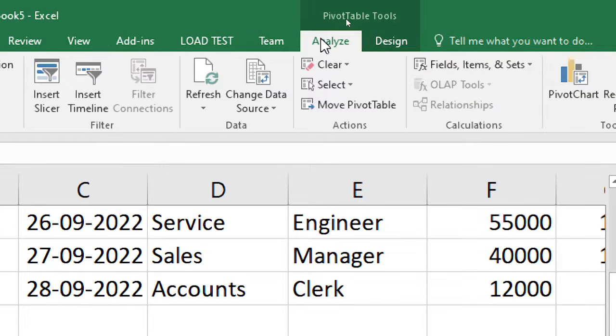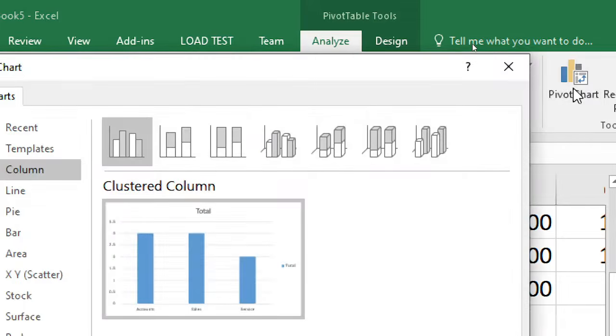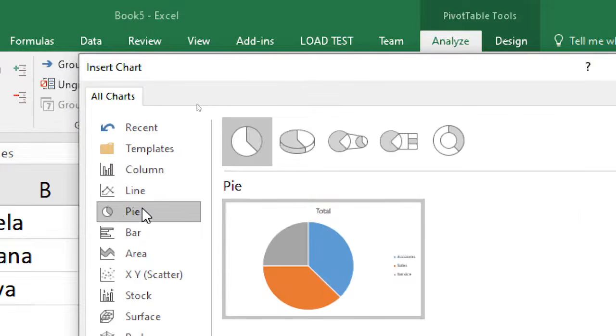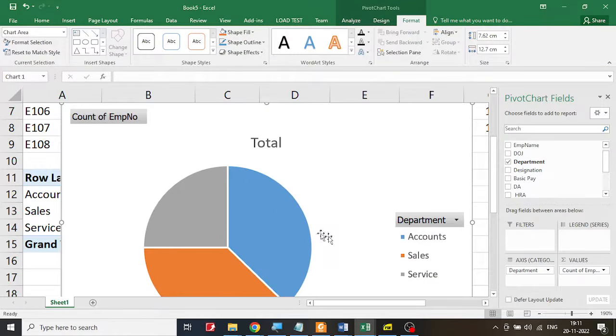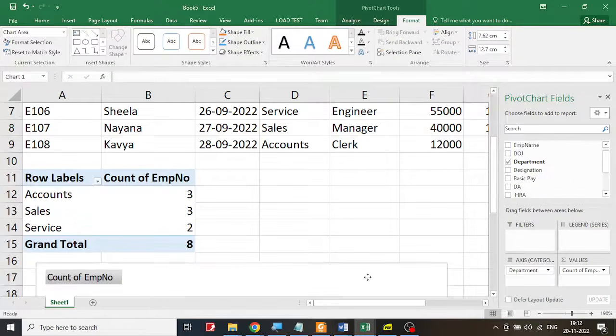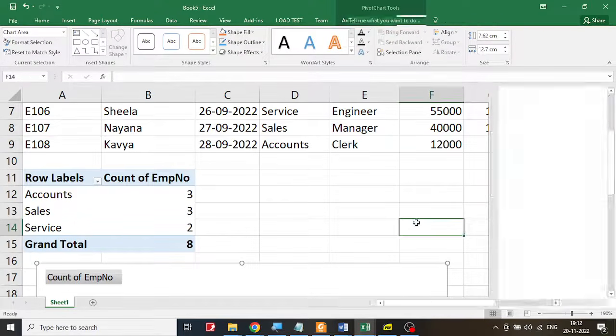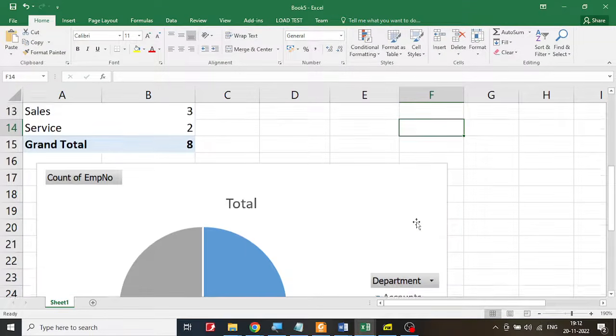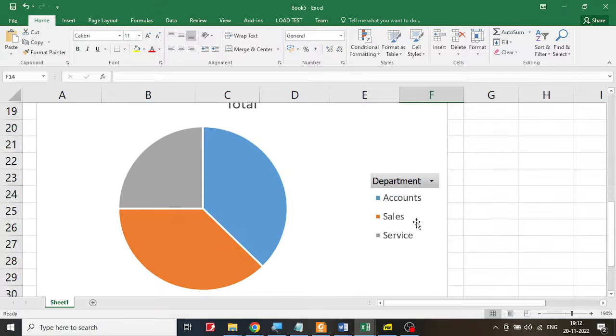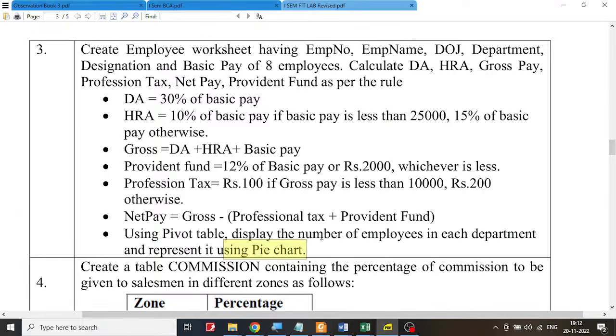Let me go to the analysis of the pivot tools and then click on the pivot chart. I'm going to click on the pivot chart, and they said create a pie chart, so I'm going to select the pie chart, and that's it. I don't have to do anything, just click OK, and maybe click on the blank area and drag it down and keep it on the other side. You can click outside to remove all these things. So you have the pie chart created for you, and that's all you are supposed to do in this